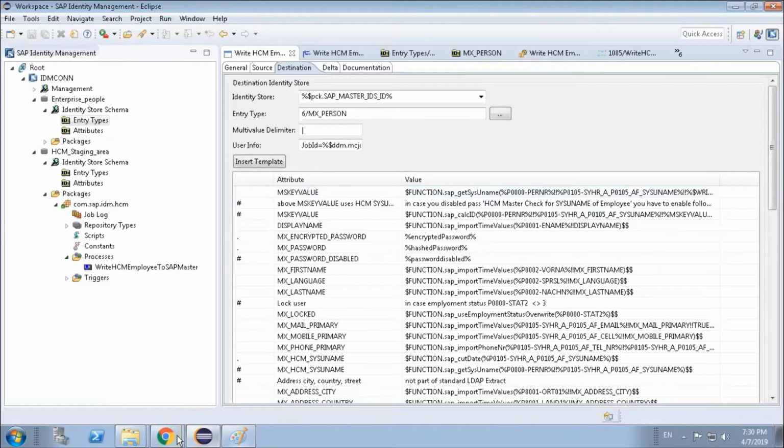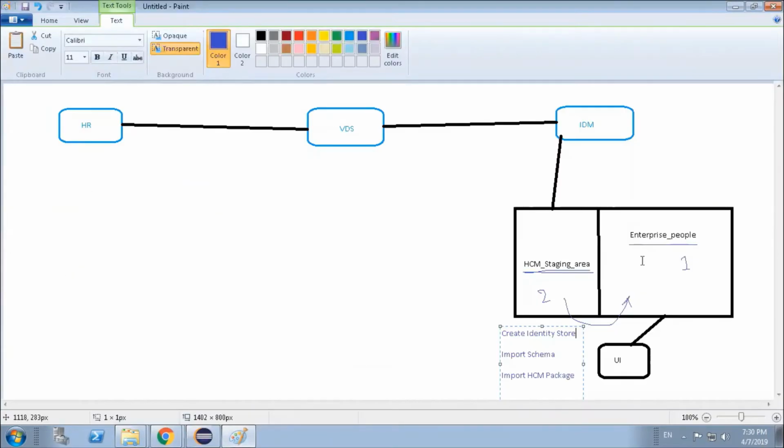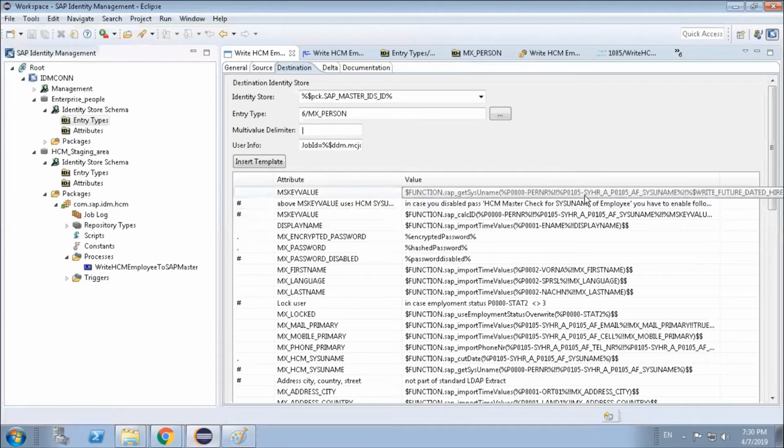The user ID will be created as 1 2 3 4 5 6 7 8. It will take the partner and the corresponding sysUname from the info type of 0105, and then it will create. If 0105 is not present, it will take the P000's partner value.